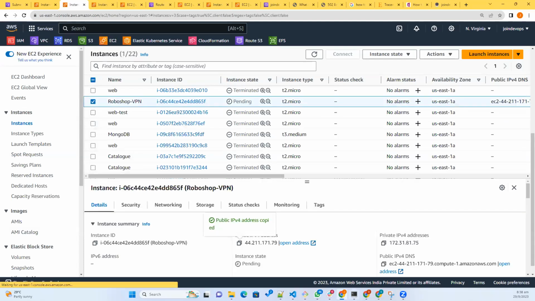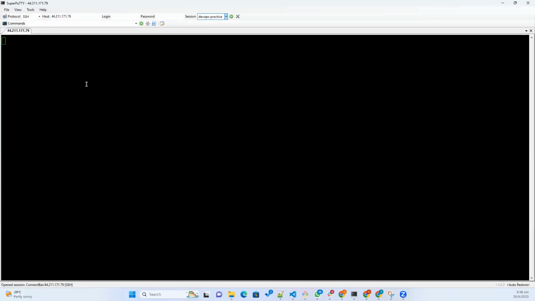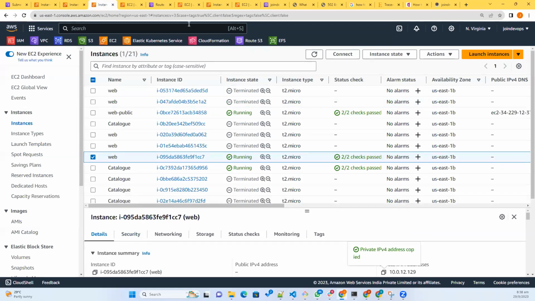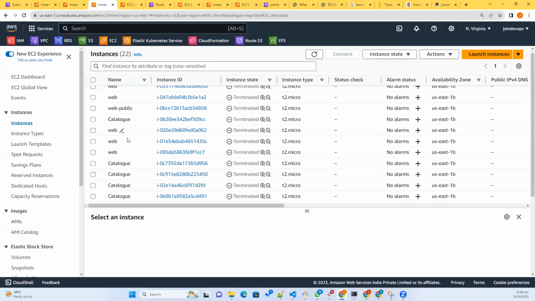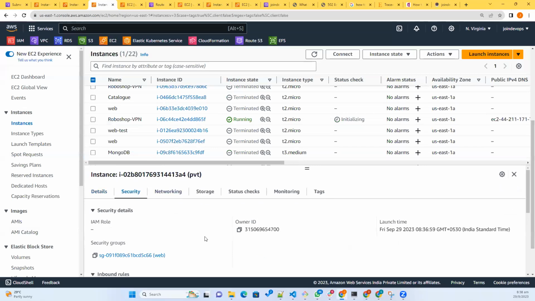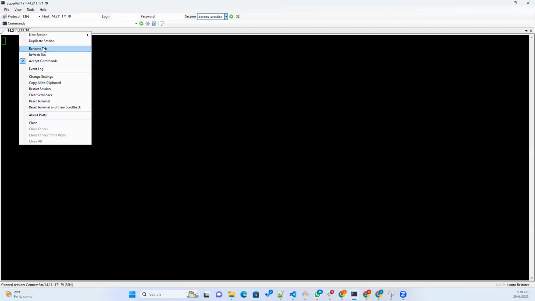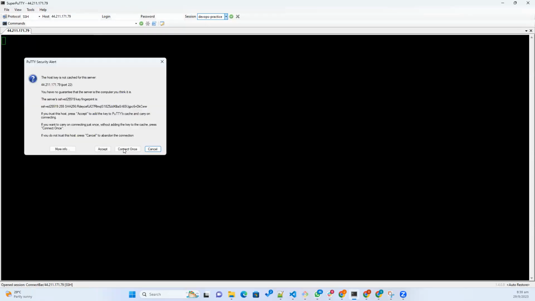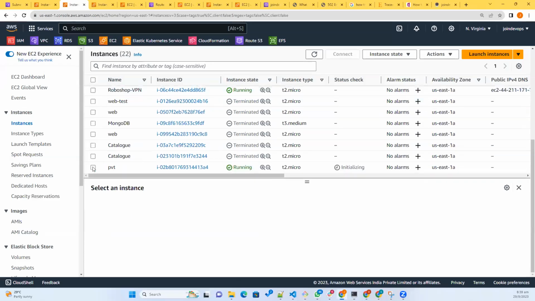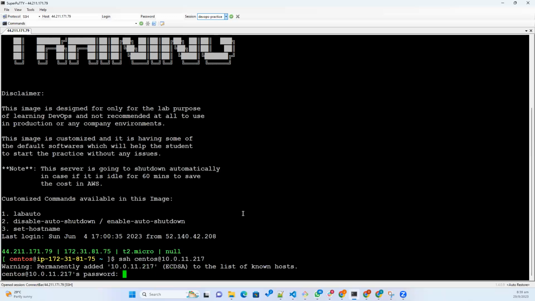This VPN got created. Now let us log into this VPN. Our web instance should allow this IP. Please allow. Yeah, so this is our VPN. Now we should connect to our web instance. SSH CentOS. This. Okay,